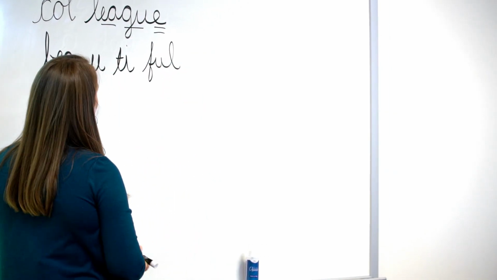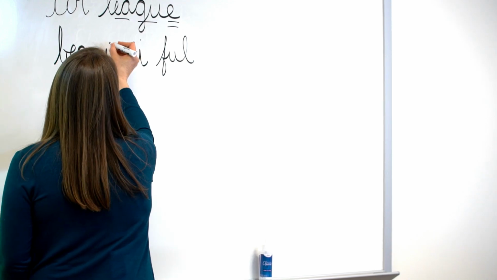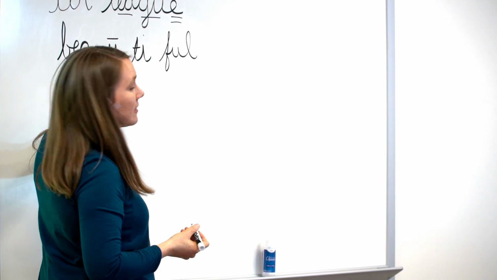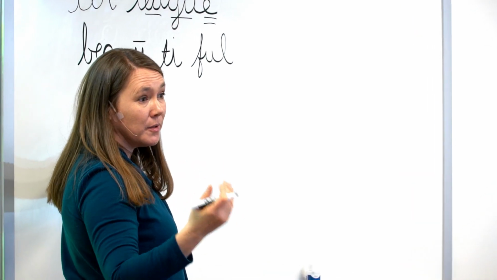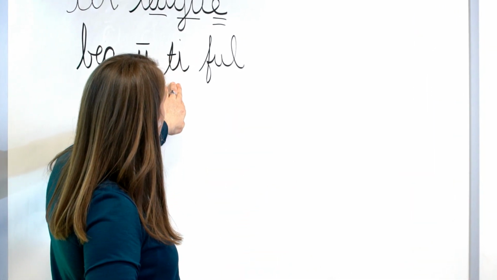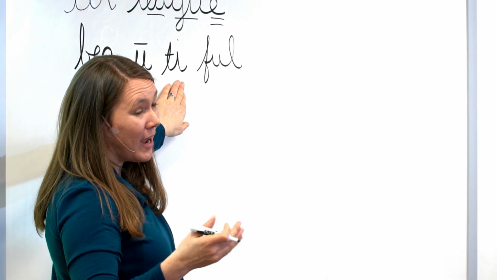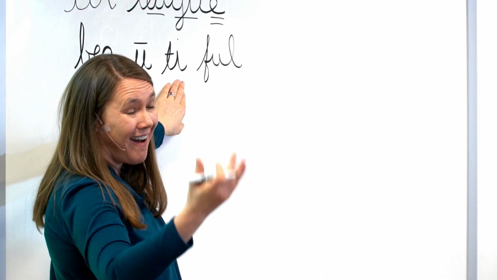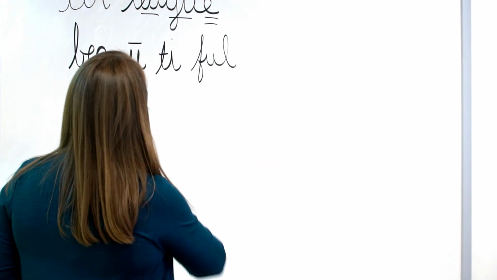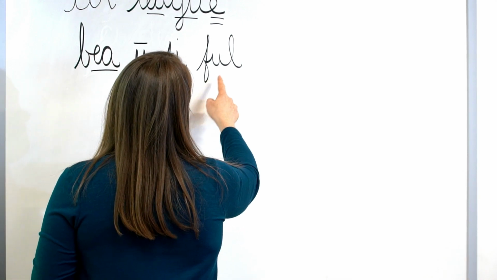Ul. How will we mark it? Underline the E. We'll put a line or a macron over the U. And why did it say it's long sound? A, E, O, U usually say their long sounds at the end of the syllable. Why is the I saying I at the end of the syllable? I and Y may say I or I at the end of the syllable. Full. So let's read it together. B, E, U, T, I,